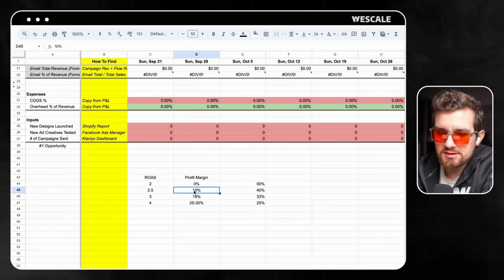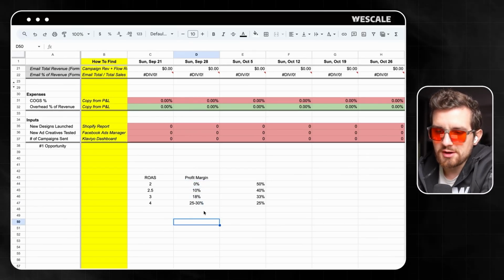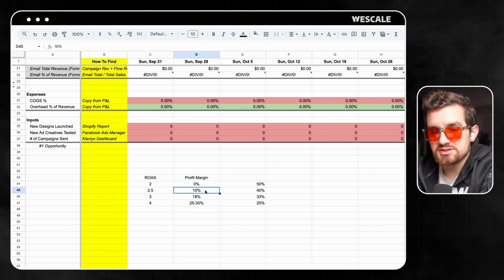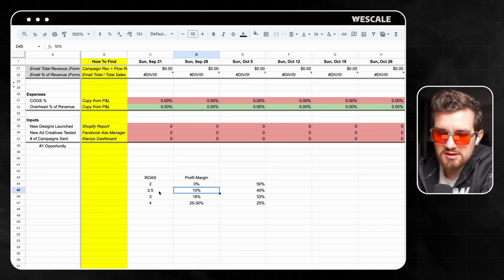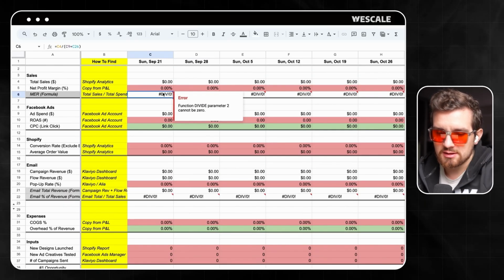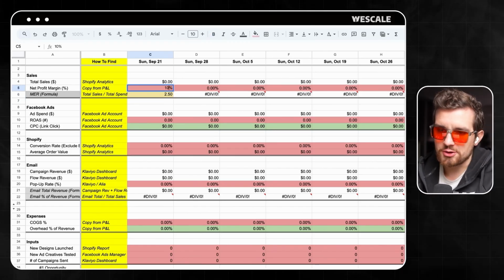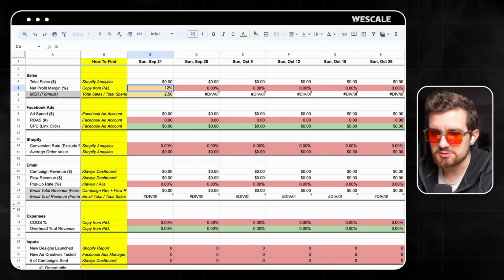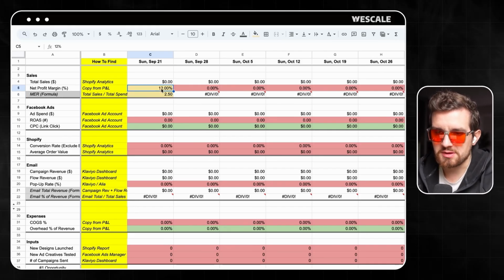8 to 12% is acceptable, like 20% variance either way for any of these numbers. But if I see that we're at a 2.5 ROAS and our profit margin is 0%, and assuming that we ran the P&L properly and we have the right ROAS, like if I'm looking at a 2.5 here, I know that this should be 10%. And again, it could be 8%, it could be upwards of 12 a little bit,